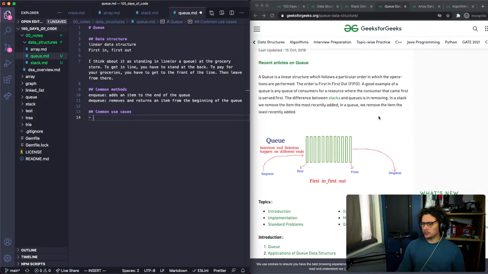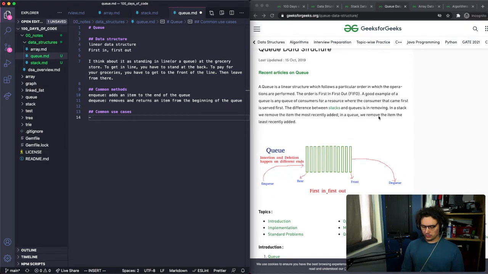Common use cases, not sure. Only use a queue to solve breadth first search iteratively.